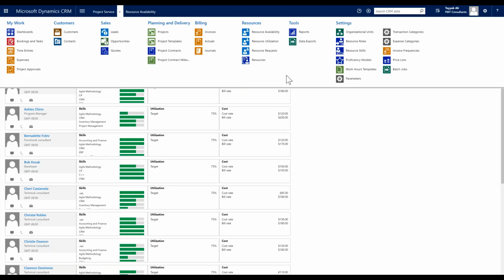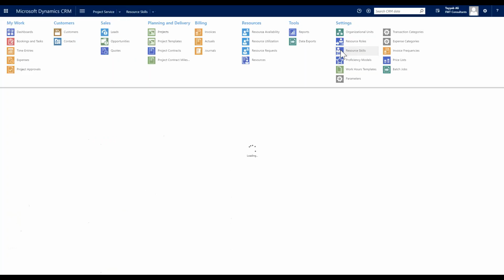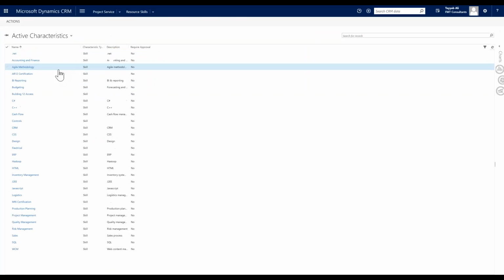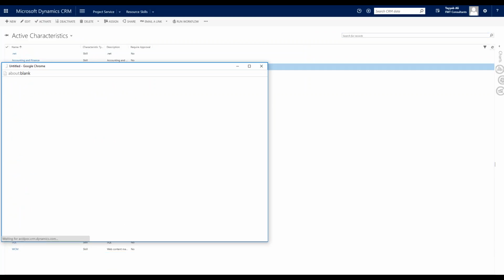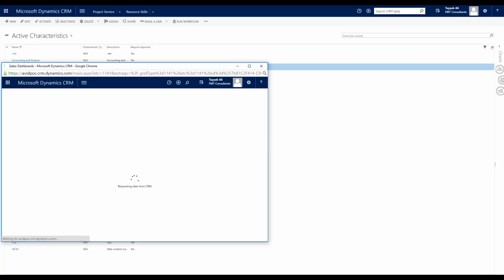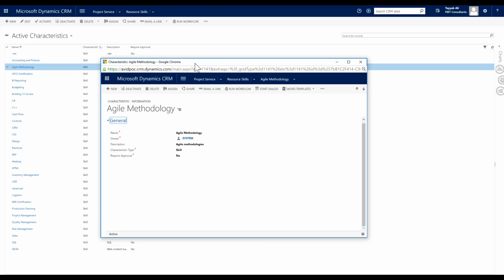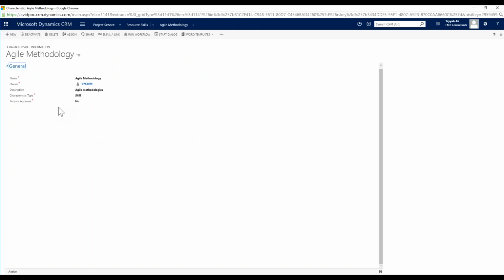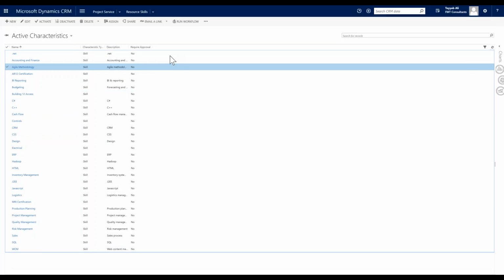Now, when you're actually setting up these systems, you're going to be looking at resource roles, as we talked about, as well as resource skills. And all of this is customizable. So you're not locked into any type of pre-formatted limitation about who is in your system or what is involved with any type of skill set. So this form that's coming up can be completely customized and also drive workflows. So as, for example, I've got a characteristic type of a skill and I've got the description as agile methodologies. When that